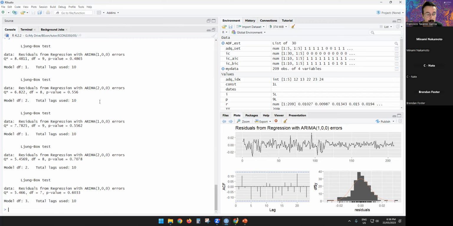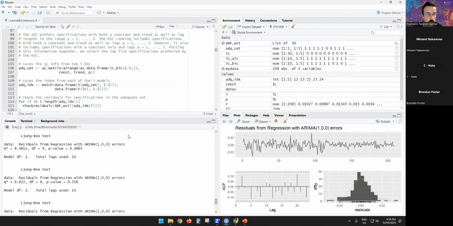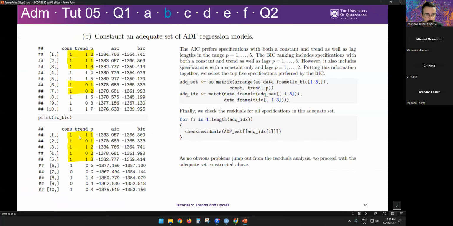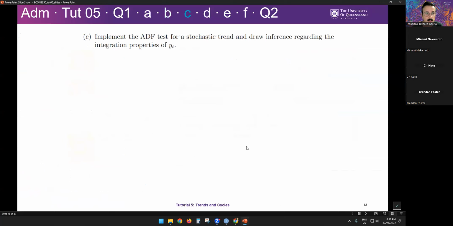So right now we have the models. These are the ones we get. Let me move this out of the way. Now, let me go to the slide. These are the 5 models. We check the residuals, implement the augmented Dickey-Fuller test for a stochastic trend, and draw inference regarding integration properties of YT. So now that we have our best ADF models,